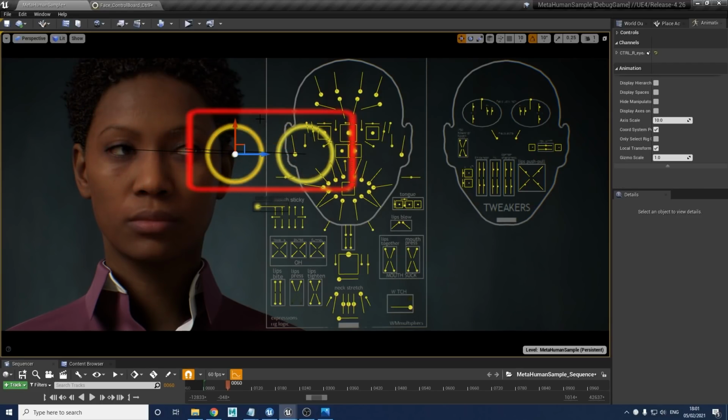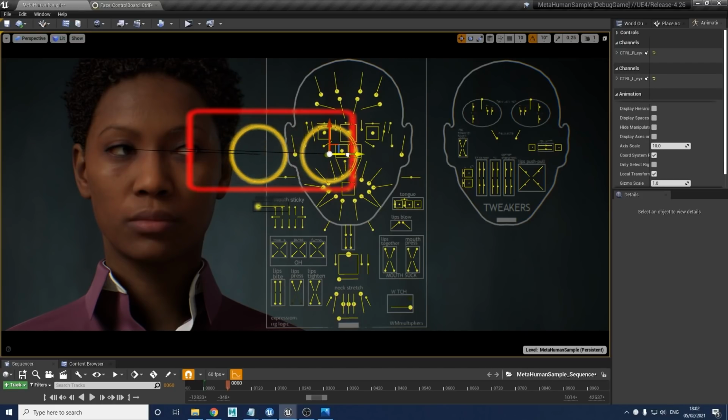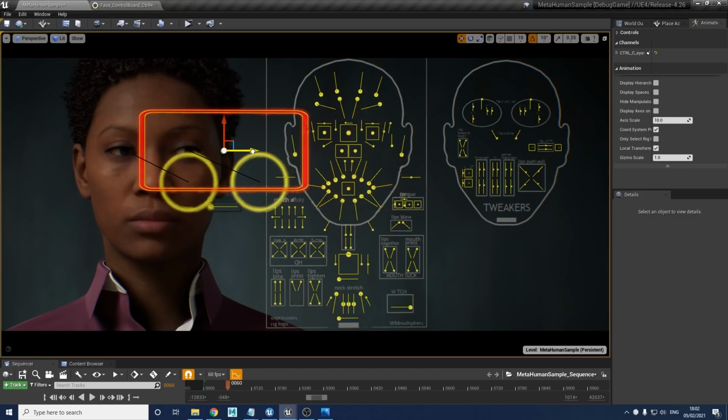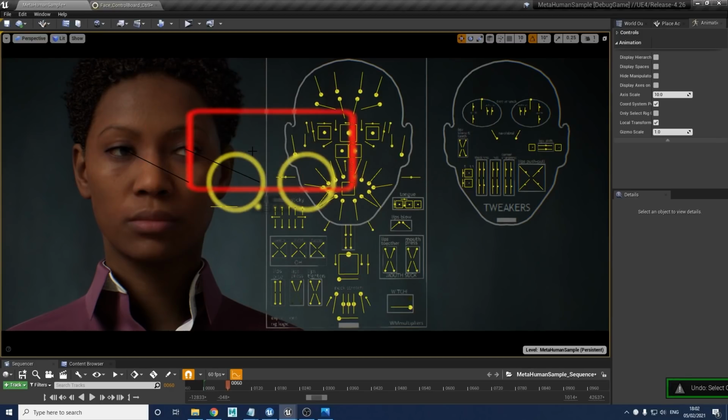So you can move these and then move them on top to get some extra subtleties. Flicking from eye to eye perhaps as the other person talks, or maybe down to the mouth, but you still want to be tracking the face. It's really, really powerful for that, and it will help keep your characters looking nice and alive.